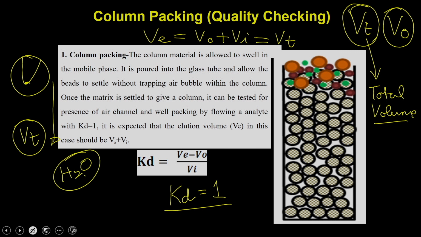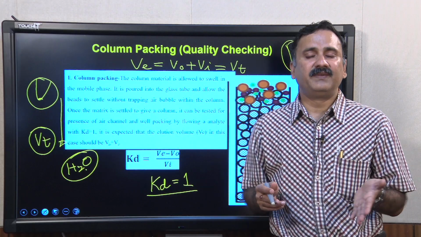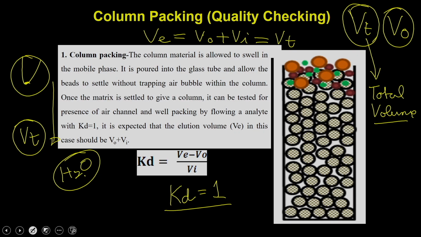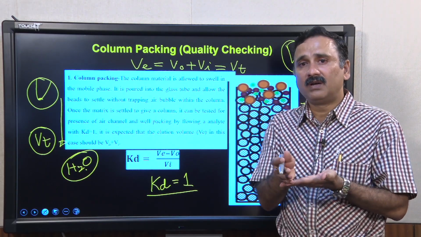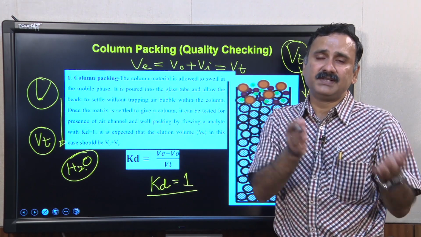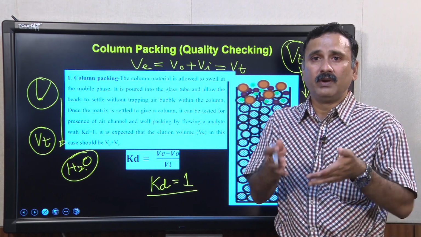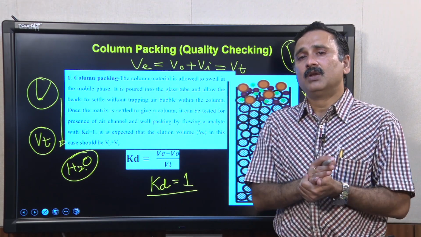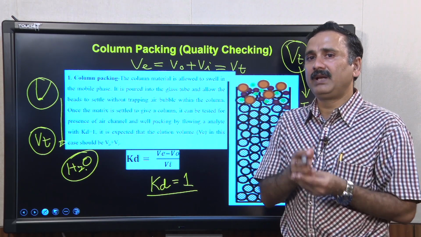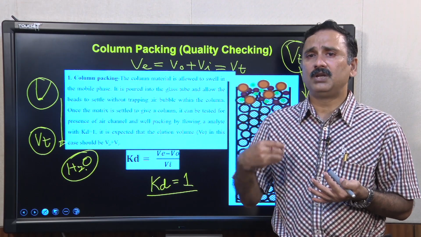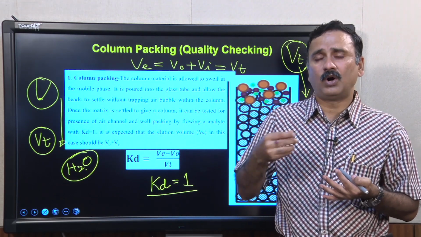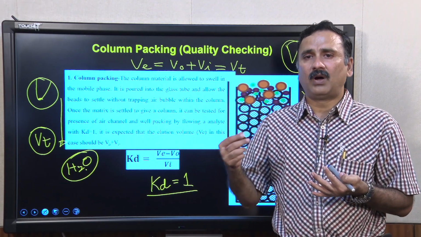Water has a molecular weight of 18 Dalton, but if you add water, you will not be able to distinguish the water present in the mobile phase from the water you are going to inject into the column. So, you have to take a molecule which is the smallest in range, but that should be detectable against the water.